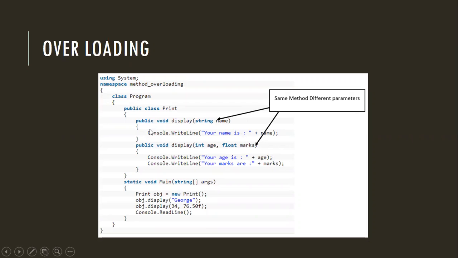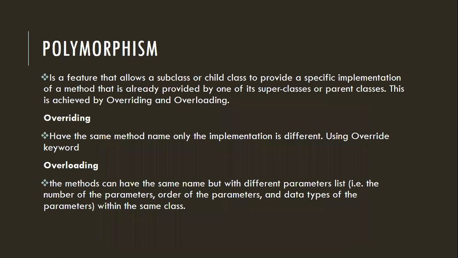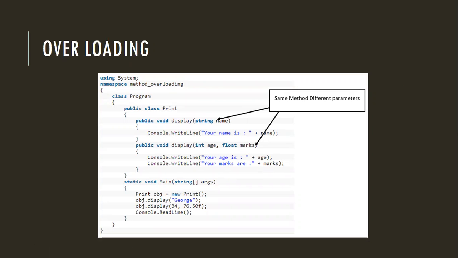Clear? ඒ වගේම implementation එක බලන්න, මෙතන අපි Console.WriteLine එකේ your name is කියලා name එක විතරක් display කරනවා. But in this case, since we are getting age and the marks as an input, we are displaying your age and the marks as well, both. So two outputs. මේක clear ද? මේකට අපි කියනවා overloading කියලා. No sorry, the earlier one is known as overriding, this is known as overloading.